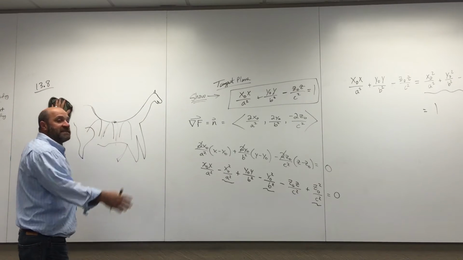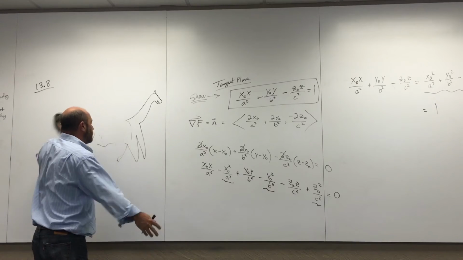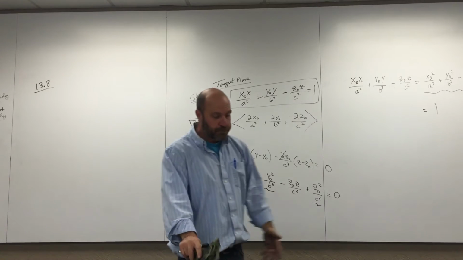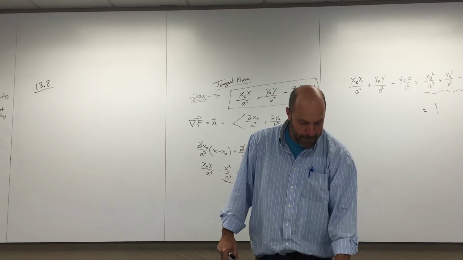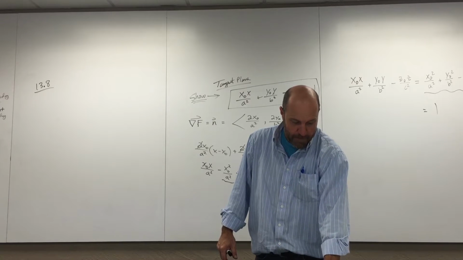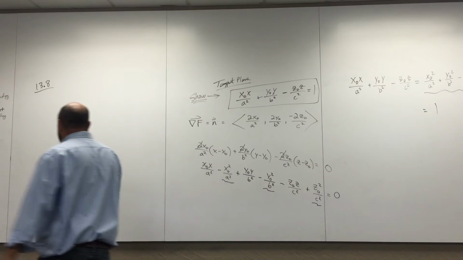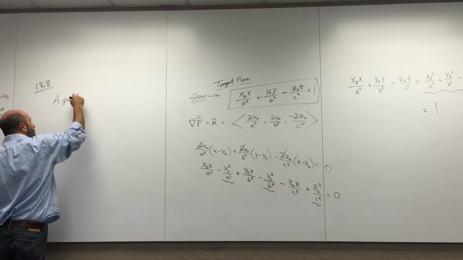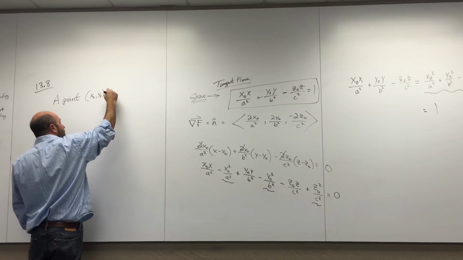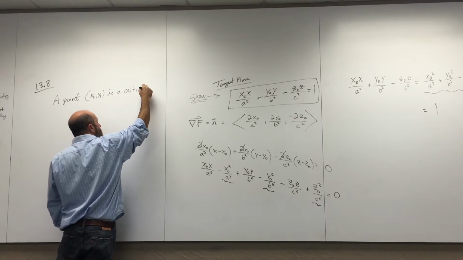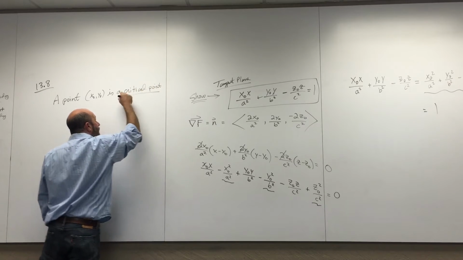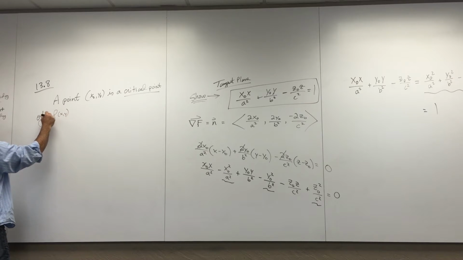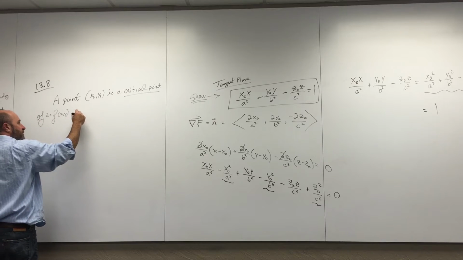To start classifying mins and maxes and saddle points, the first thing we need to find is critical points. We call them critical points. It's defined in the book, but I'm going to say a point x naught, y naught is a critical point of some function f of x, y, you know, z equals f of x, y, if,